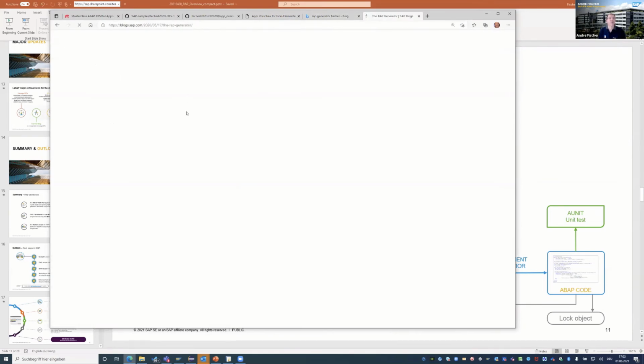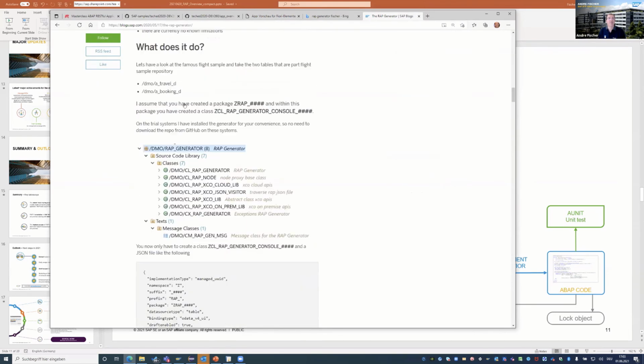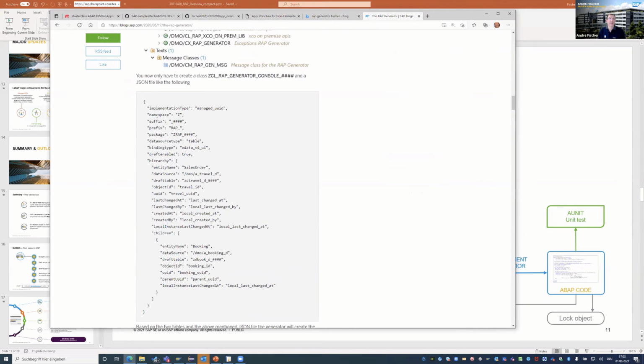This helps you to generate a RAP BO like this one, starting with a JSON file, and that helps you to save some writing. But the colleagues are meanwhile working on an implementation that will be part of ABAP in Eclipse. Then you can right-click on a table and create a BO. Still, you would have to implement the business logic. So this is something which is still left for you.